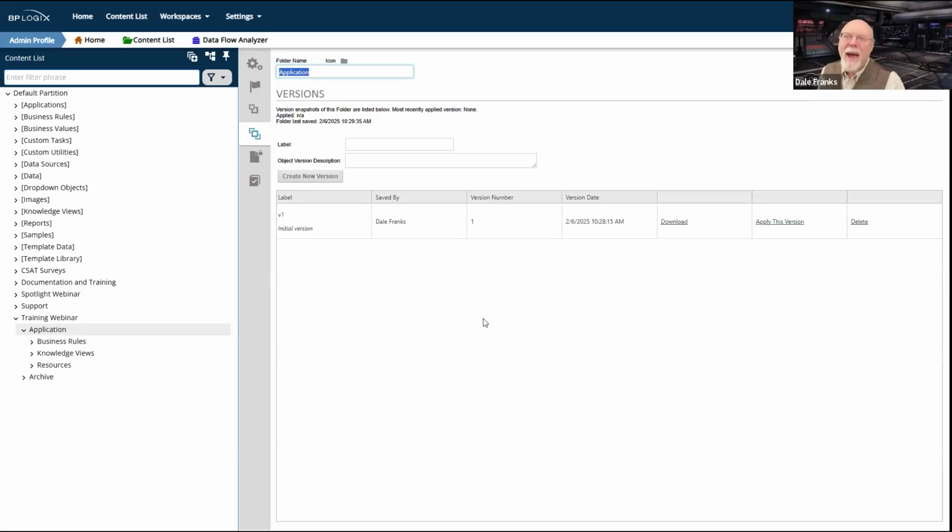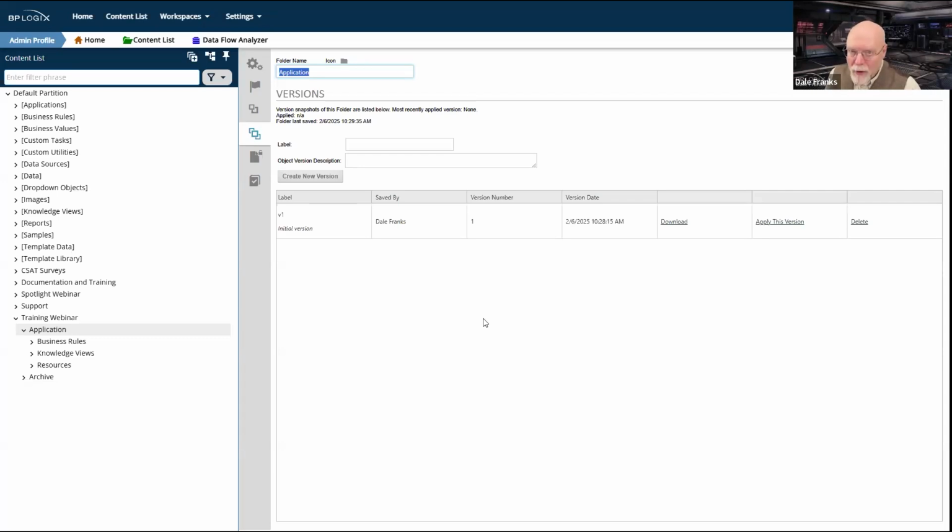It's a bad idea. So our recommendation is that you don't do anything on production in terms of development other than importing from your dev server.